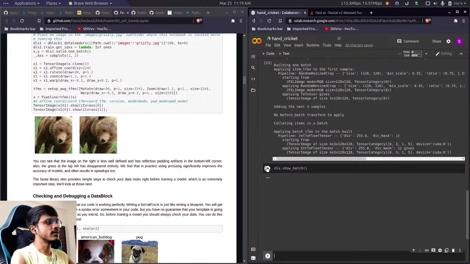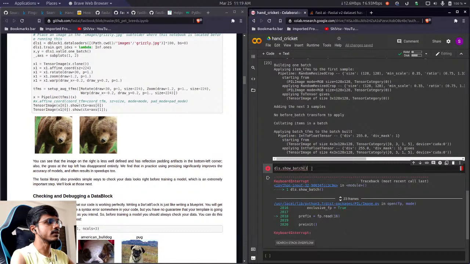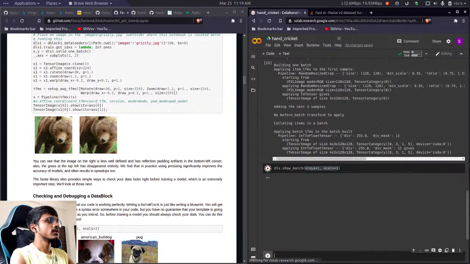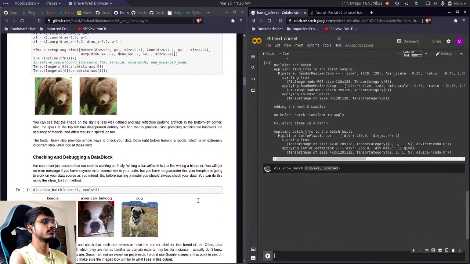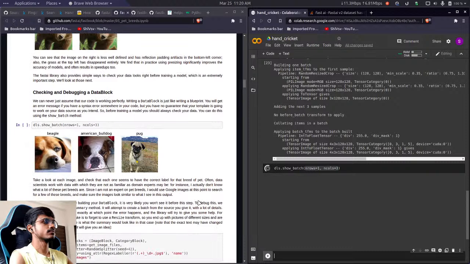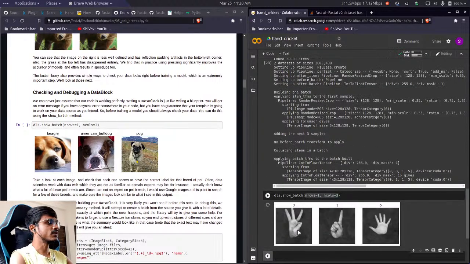Wait, is it going to show us the whole batch? We don't need the whole batch right now. Just show us one row. It is taking this much time just to show us this batch. Just imagine how much time it will take to train the model. Right? The data seems